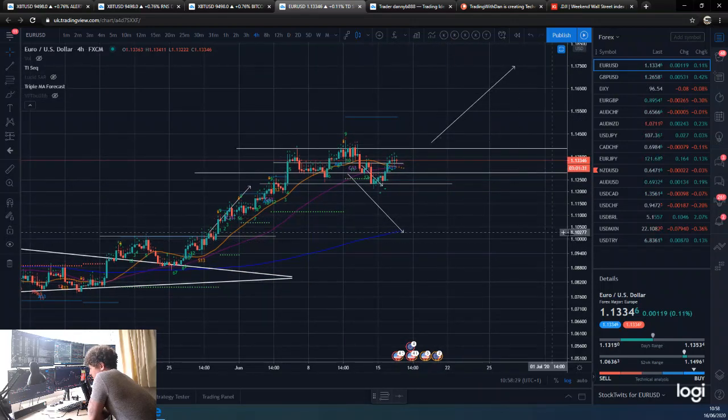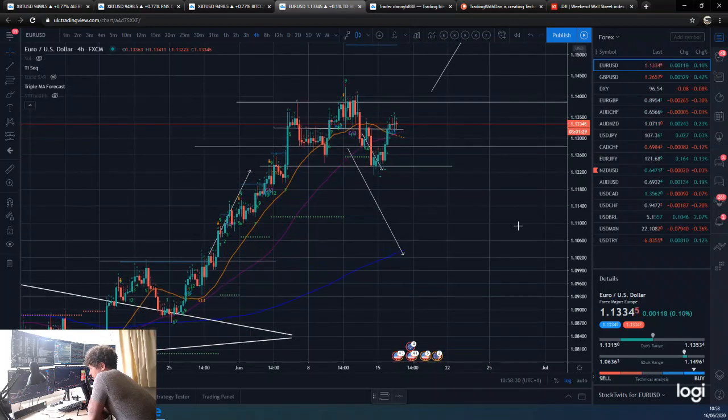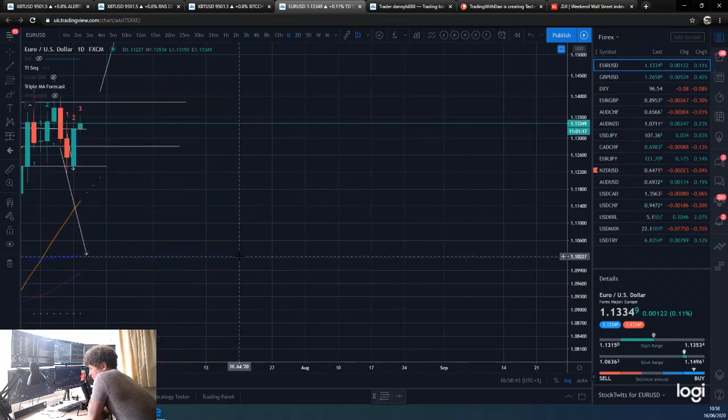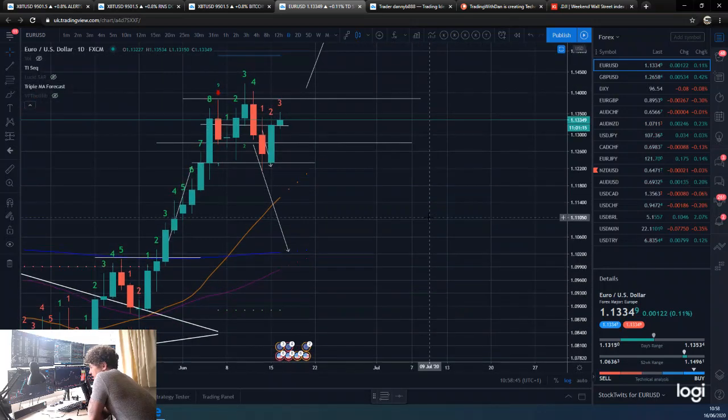But yeah, obviously the downside is pretty obvious looking. If we take out this level here, we'll get down to here. If we take out here, then it's just air really to potentially what would be the 200-day. That's what we've drawn that line to. On the daily, you can kind of see